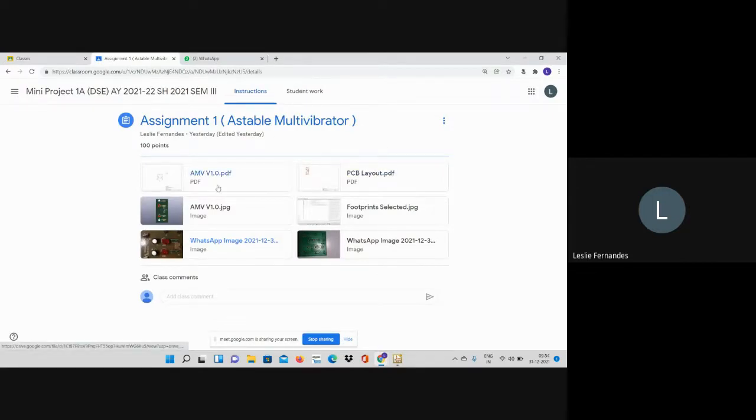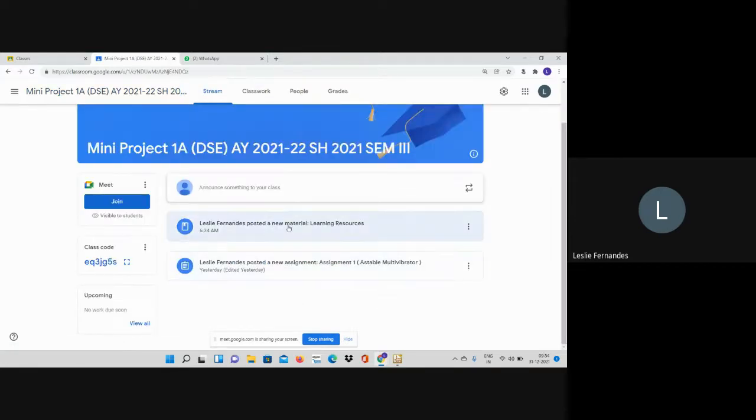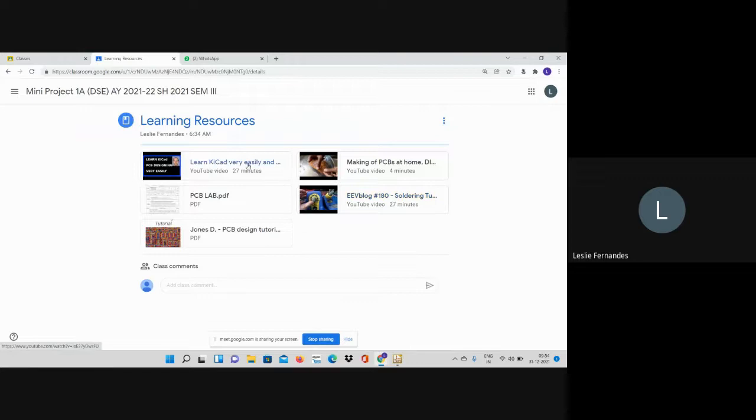And how did I learn all of this? I learned all of this from the learning resources over here. If you go to your Google Classroom, in the learning resources there will be something called Learn KiCad Very Easily.